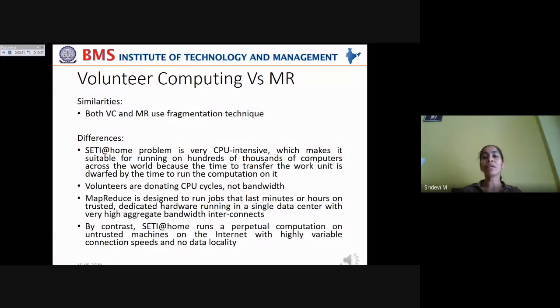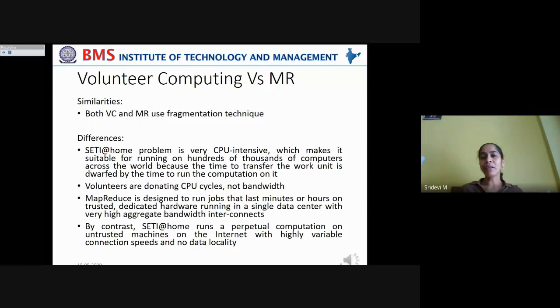SETI at home problem is very CPU intensive, which makes it suitable for running on hundreds of thousands of computers across the world, because the time to transfer the work unit is dwarfed by the time to run the computation on it. Notice this. In MapReduce, where we run this task in a single data center,